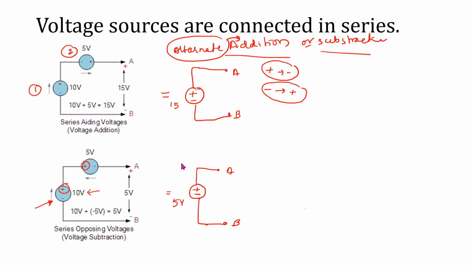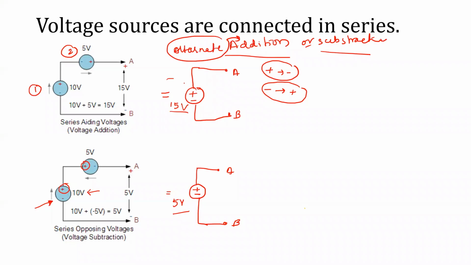All right. Have you understood? So for the same two circuits, we have added, it is 15 volt. For the same circuit, we have the resultant voltage as 5. The difference is, it is an addition result, it is a subtraction result. The reason is, in this case, alternate polarities are connected, positive, negative, negative, positive. In this case, positive, positive and negative, negative are shorted. As a result, a 5 volt will appear, 15 volt is appeared here.